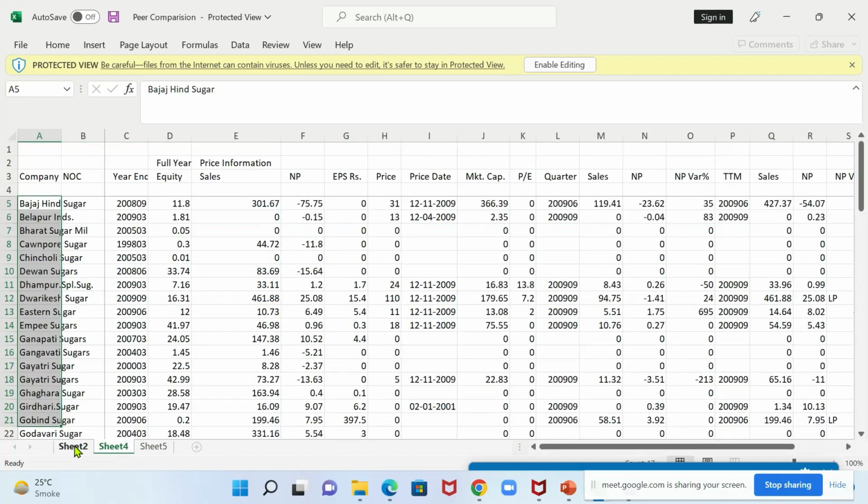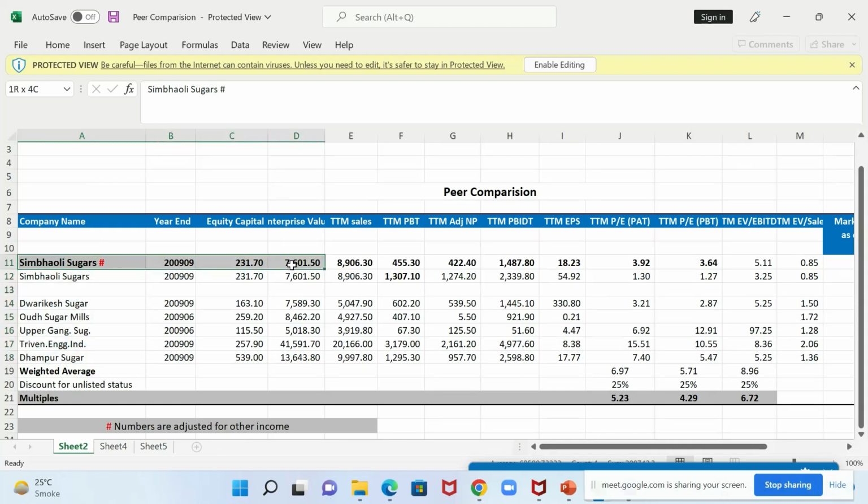Now you will see, suppose hypothetically this is your main company, equity capital, enterprise value. So the enterprise value is not comparable always. Never ever put enterprise value as a filter, because it's a function of debt also. Market cap can be a parameter. Why not enterprise value? Because there will be some companies which will be high on cash and low on debt. Some will have no debt at all. Some will have very high debt. This will distort my selection. Hence, the best way is to look for market cap.